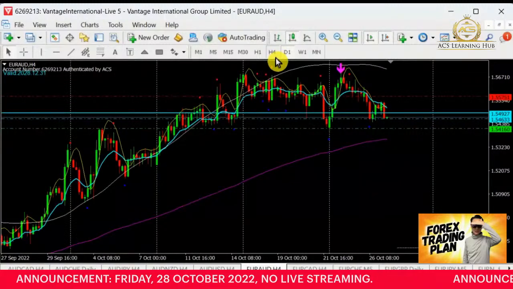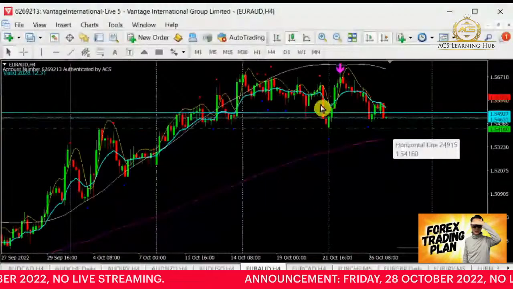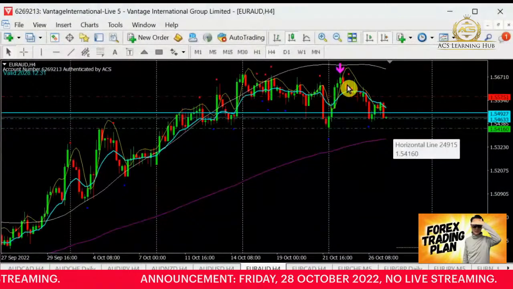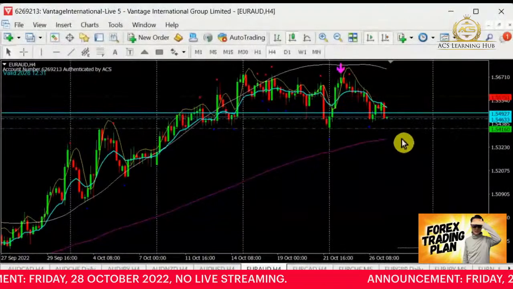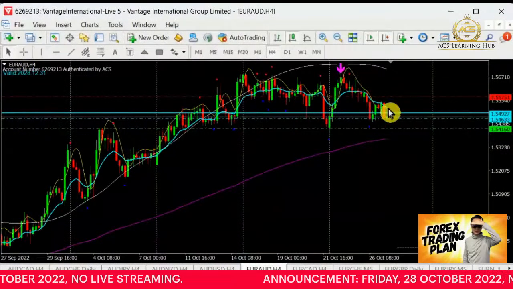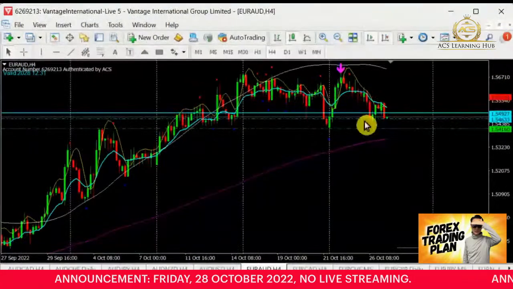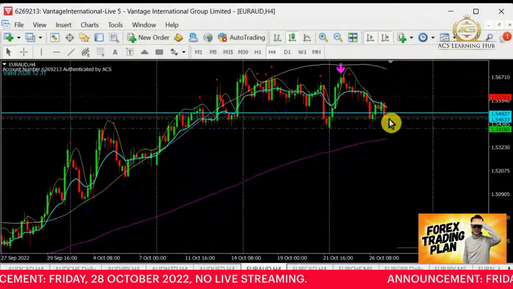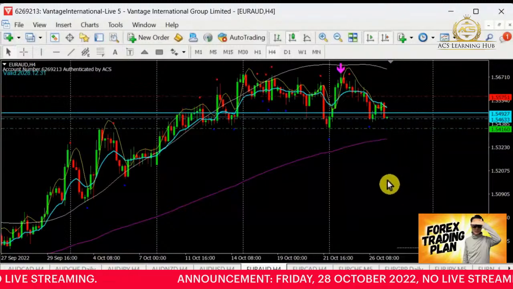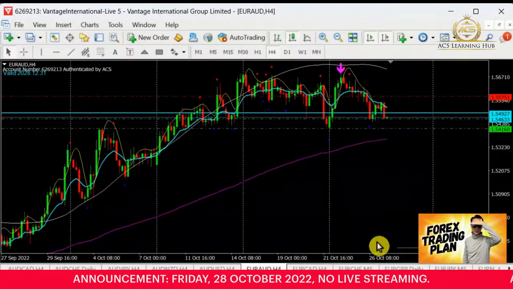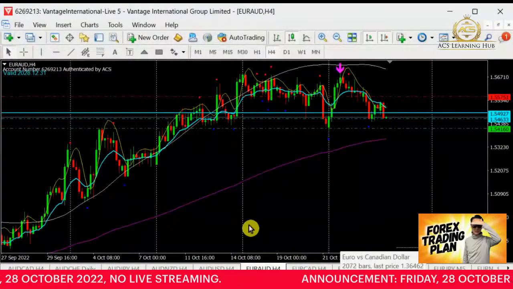We are very near. I'm looking out to break this area here, and after breaking this area, then I will be selling. So we can pay attention to Euro Aussie, as there may be a chance. We are in a transition where it may go either way, but now I see it will start to go south, break this support and continue the selling. But still under observation, so let's hang on with that first. I'm not going to put this in my list.